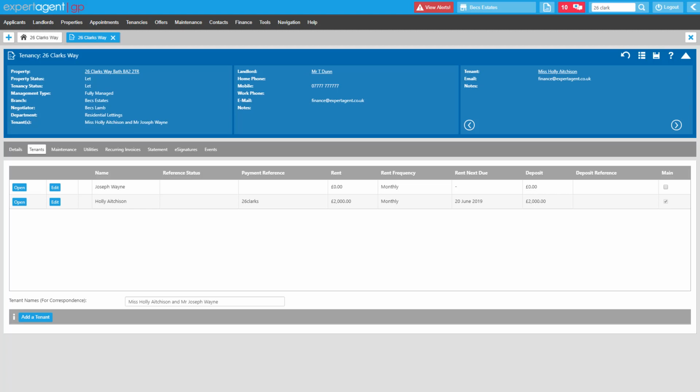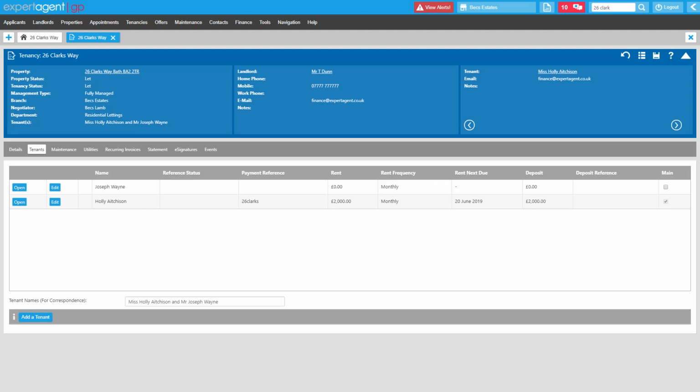Whilst we're talking about automatically raised rent charges, I'll just talk you through the way the rent charge process works with Expert Agent. So every morning at 3 AM, Expert Agent does a rent run where it looks to see any tenancies that need to have rents charged. There are 5 fields that it looks at to deem whether a rent needs to be charged or not. If all those fields are satisfied, then it will look at that rent charge and it will raise it for you, and that rent charge will then appear on the day it's due